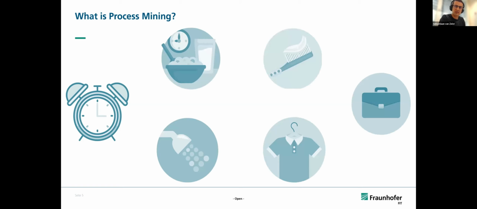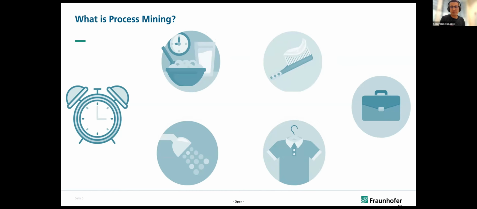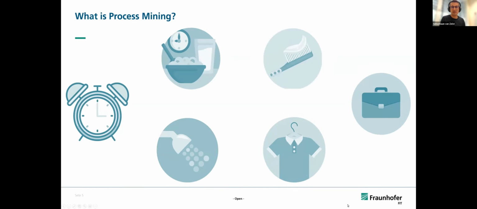So what we see in this slide is a bunch of activities. And these activities have also some things in common. For example, most of these activities take some time. So waking up takes a bit of time, having breakfast takes time, taking a shower takes,